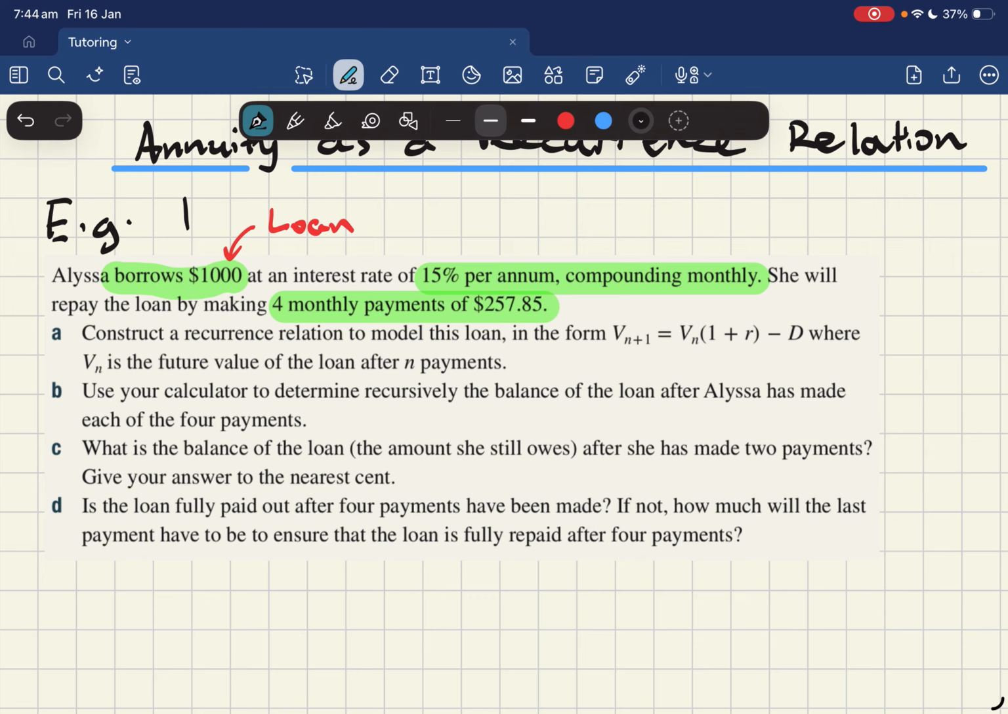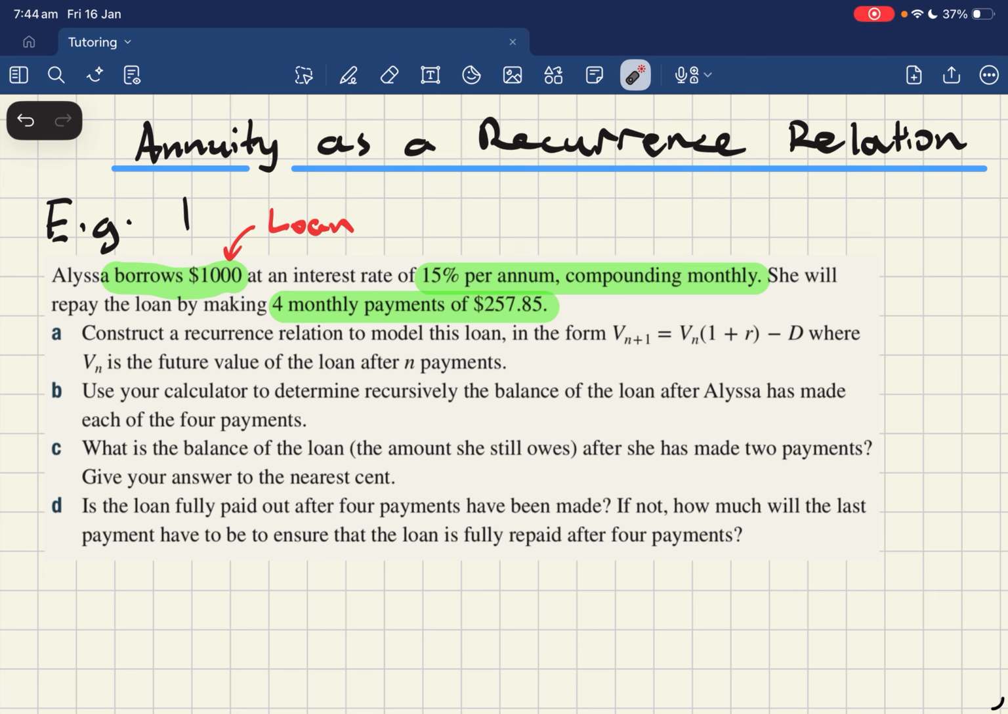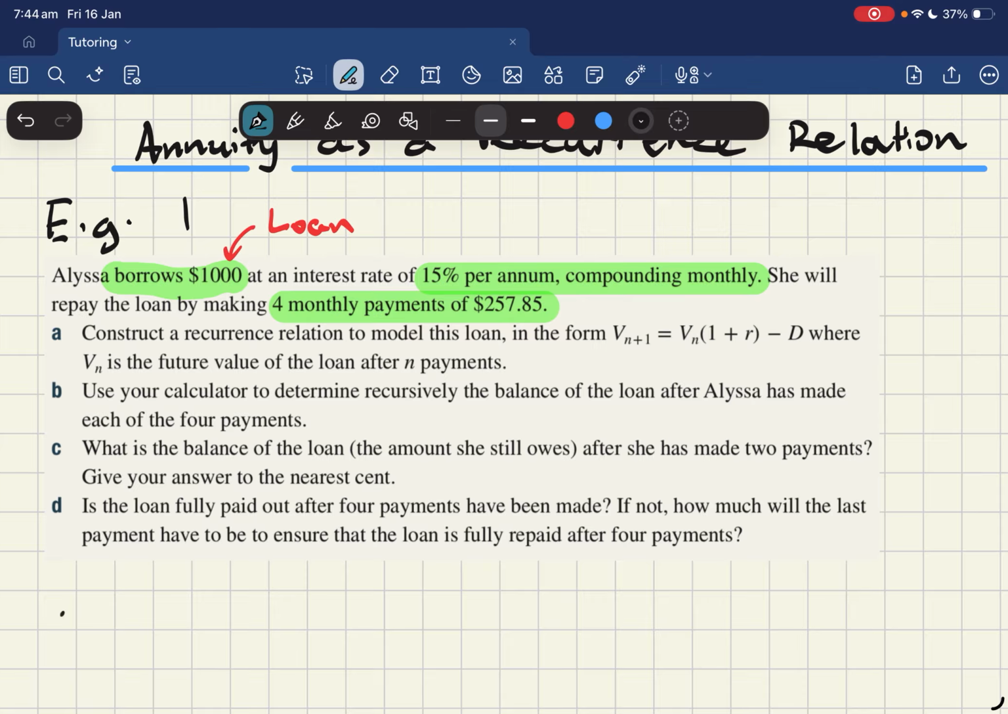Now, before we can start and do anything, because this is compounding monthly, we have to change our interest rate. It's 15% per annum, but it's compounding monthly. So our rate, before we do anything, we have to take our percentage, convert it to a decimal, and divide it by 12. So this is going to give us a monthly interest rate. So that's going to be 0.0125